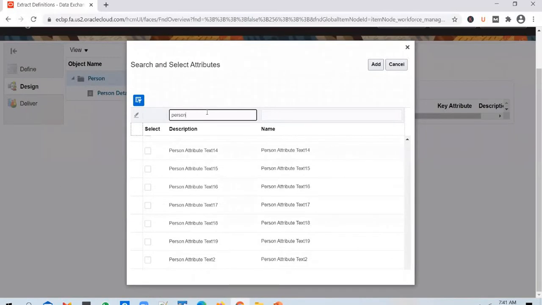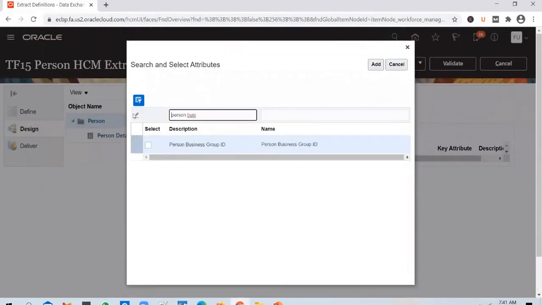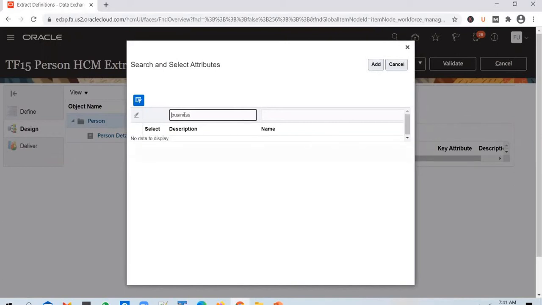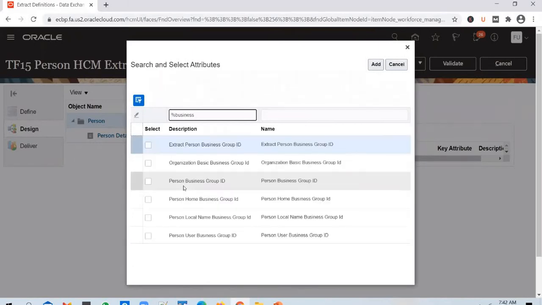We can probably include the business unit if it exists. It doesn't exist. Yeah, that's okay. You can search for the attributes you need to include or you want to include as part of your extract, and then you click on OK. And whatever attributes you have selected, those attributes will get added to the record.